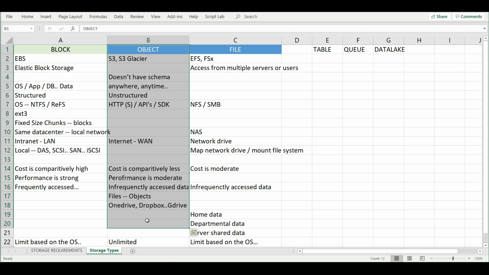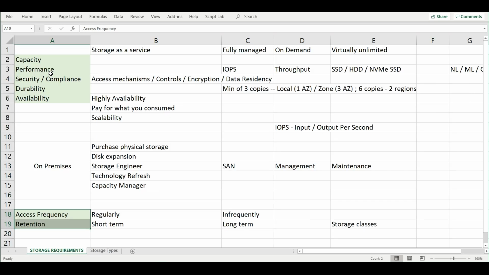Okay, so coming to the requirement, we need to understand the requirement. We need to understand the throughput, IOPS,